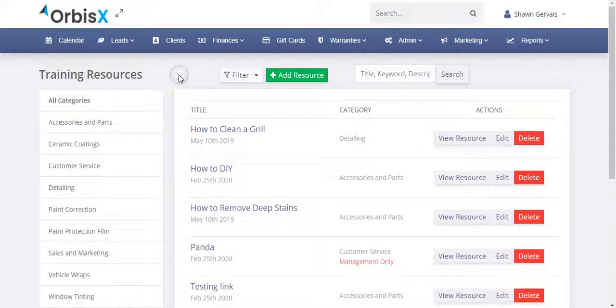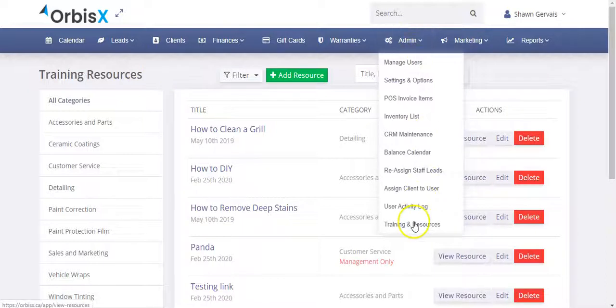Okay, so one other great feature in OrbisX is the training center. This may not apply if you're a solopreneur. However, if you're a busy shop like ours and you have multiple staff and you're constantly hiring new people during busy seasons, things like that, it can really help to train people on how to do different things specific to your shop. So to access the training center, you would go to Admin and then click Training and Resources, and